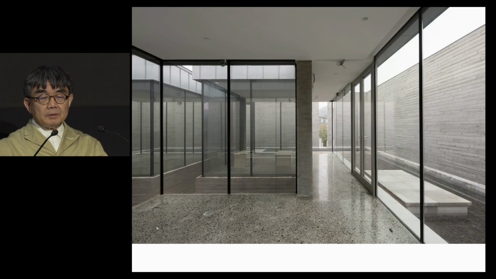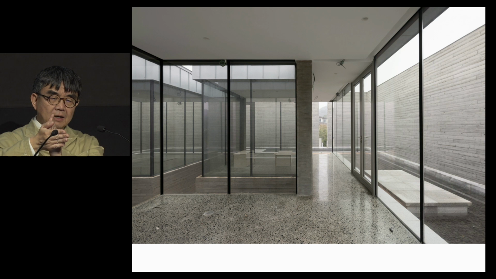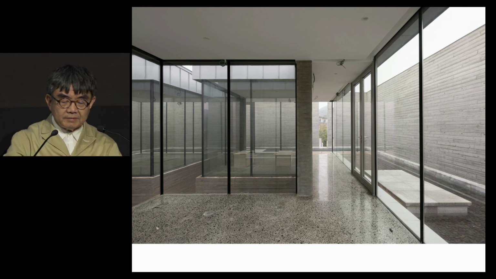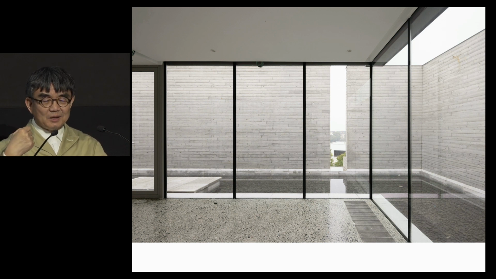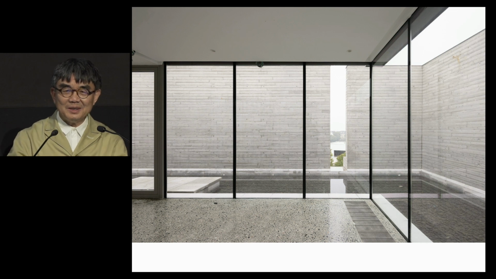And then in the glass house, there's always an issue of a new tectonic relationship between the glass and the supporting columns. For Johnson and Mies, it was a steel column. And for our building, it's a concrete load-bearing wall. The load-bearing walls are pulled in so that we could have a very clean glass enclosure. So that's another thing architects, or rather only architects, would care about: how to make a glass enclosure as pure as possible. But anyway,